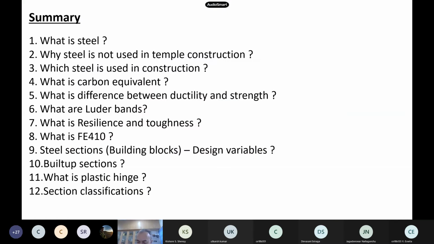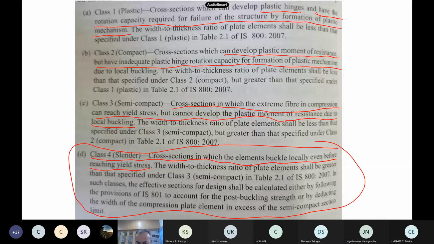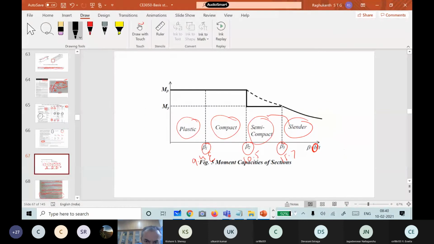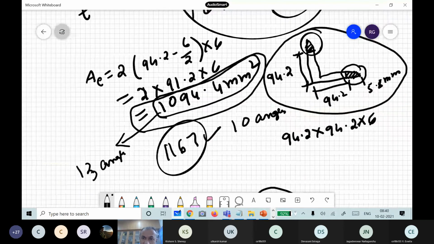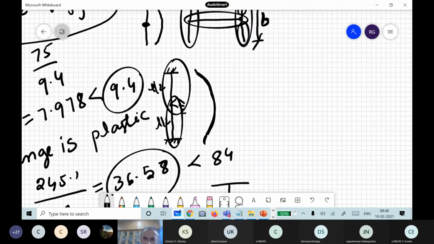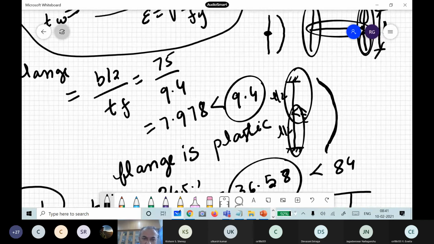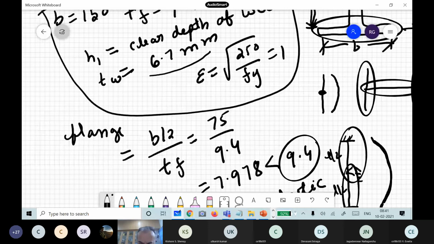Sir, now please tell me. In that ISLB example, we used D1, but we didn't use B1. That is for the I section, no? Yes, sir, I section. But when we calculated for flange, we didn't use the B1 that is given in code. No, we have used B, right? Yes, sir. We used B, but I don't know what is B1 in the code. B1, where is B1? H1 you are talking. No, sir. In the code there is H1, H2, and then B1.